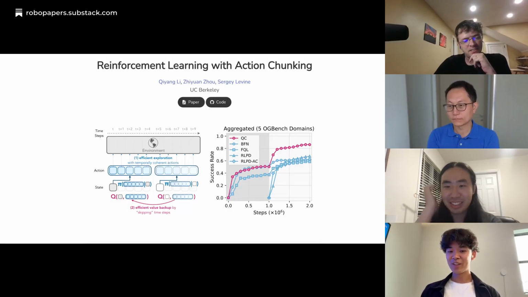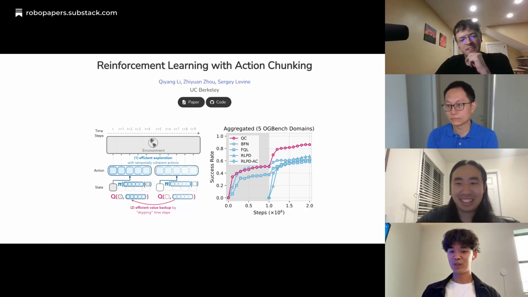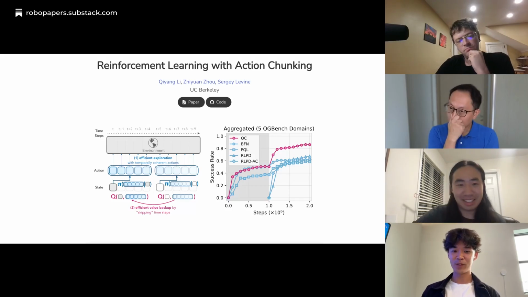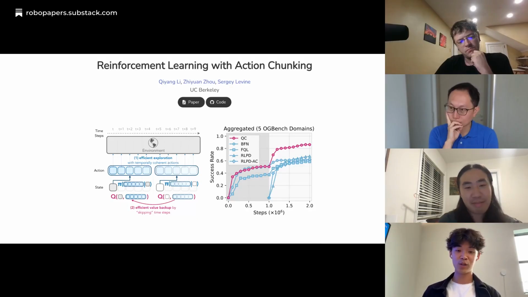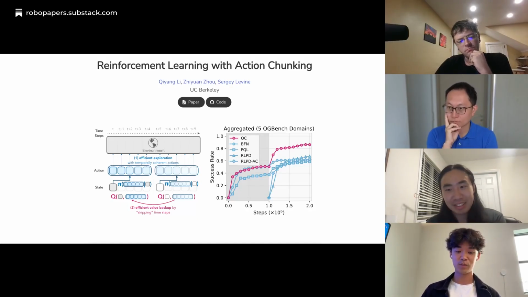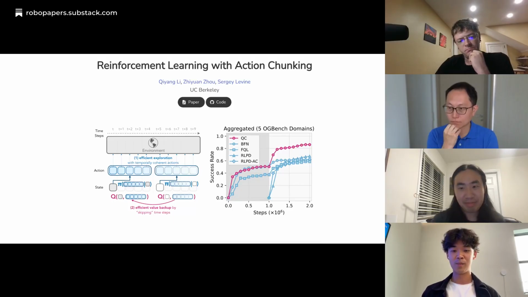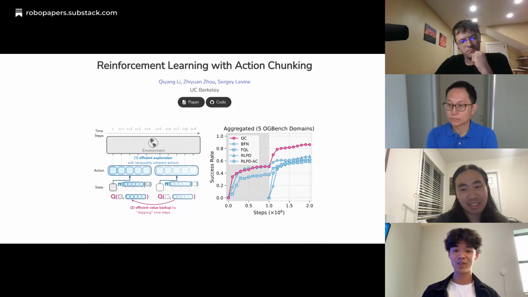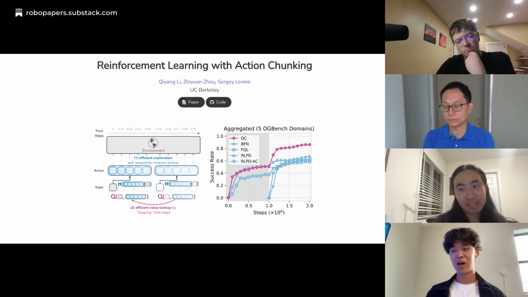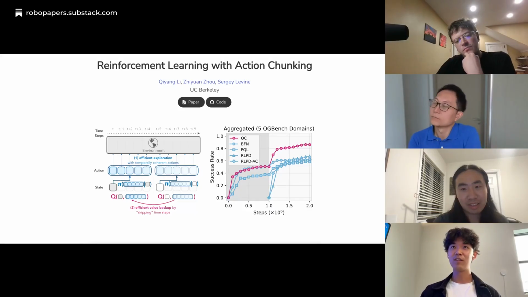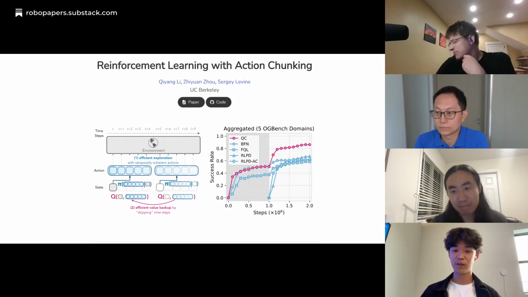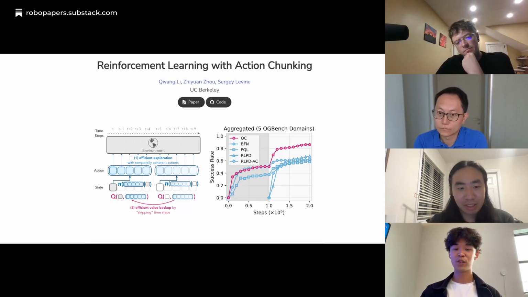Yeah, and maybe if I can just add one point before that: why do we want to do action chunking for RL? A lot of people reading this might be wondering this, because if you want to learn an optimal policy in an MDP, which is a Markov decision process, how all problems are formulated, you shouldn't have to output an action chunk to get your optimal policy. Your optimal policy can just output one single action based on your single time step. But our observation here is that the real effectiveness of action chunking, as Colin said, is in the online RL phase or in the offline-to-online RL phase, where it really induces efficient exploration.